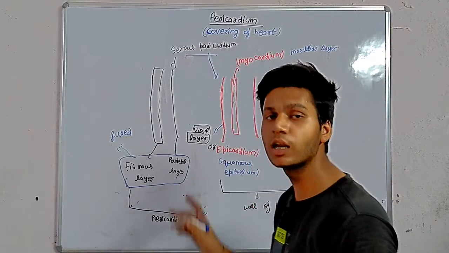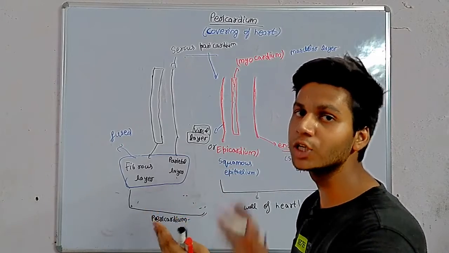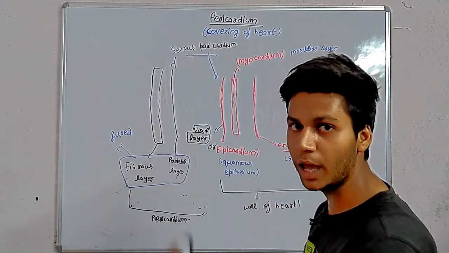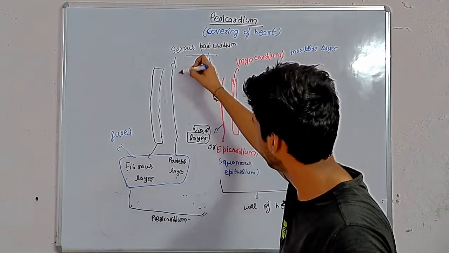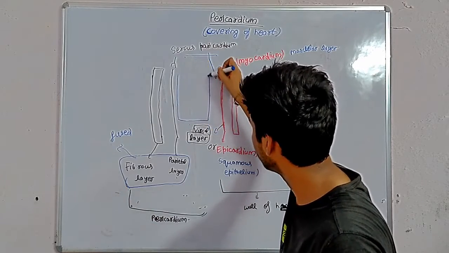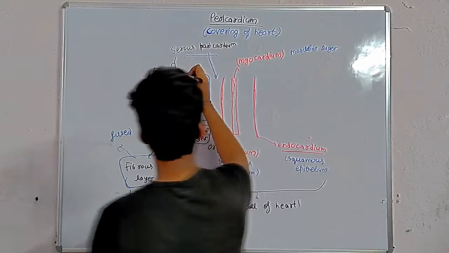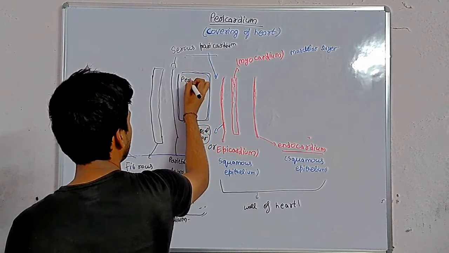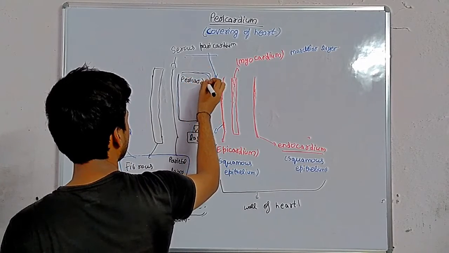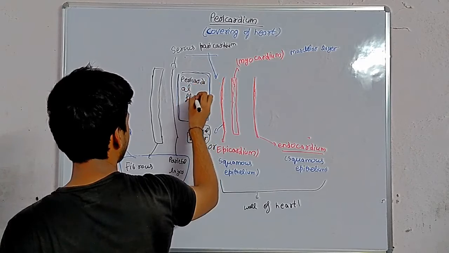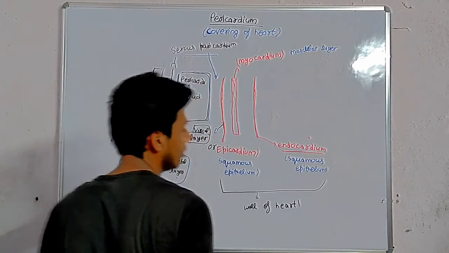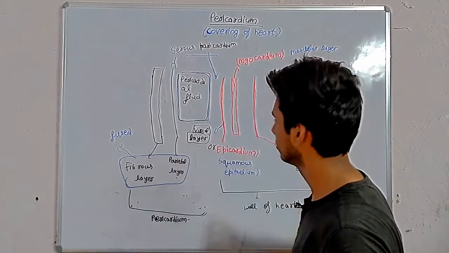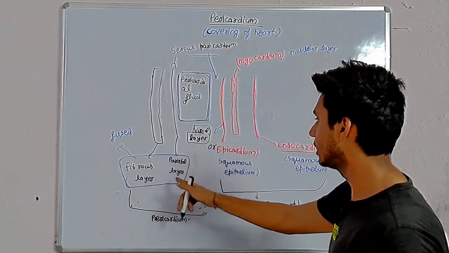Remember, the epicardium or visceral layer takes part in both pericardium formation and heart wall formation. It has two roles, one in the pericardium and one in the wall of the heart. The space between the parietal layer and visceral layer contains a fluid called pericardial fluid, which helps in preventing friction and adhesion, and avoids inflammation in the heart pericardium.